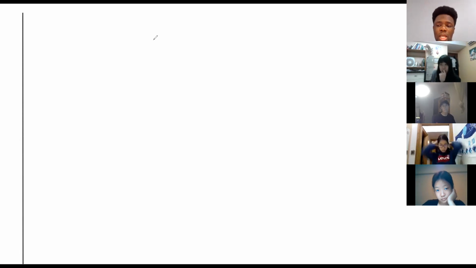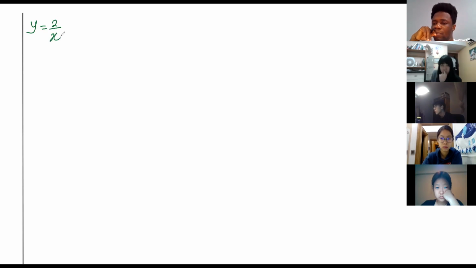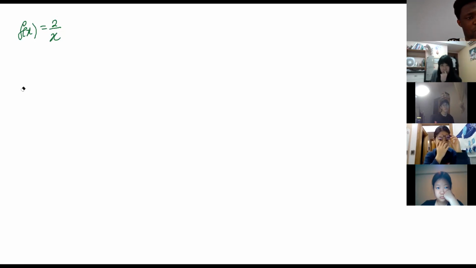Now, for polynomial-like structures, you can see that it's just direct substitution. But what if IB gives you a rational function? For example, find the derivative of the function y equals 2 over x. The same thing will happen with maybe x squared or x cubed, so I'm just going to do 2 over x to show you what needs to be done. Now, using the delta notation, which I've used in the past for something like this,